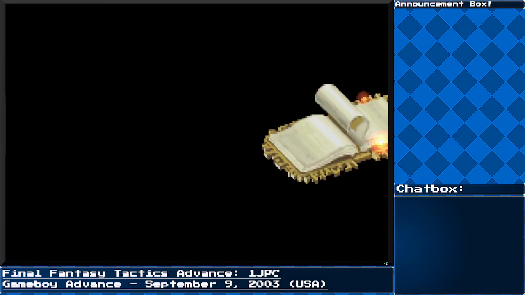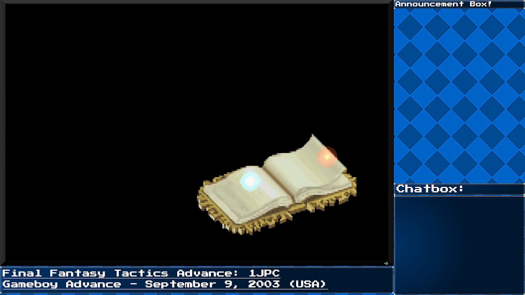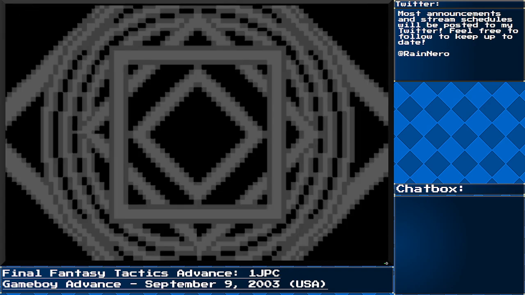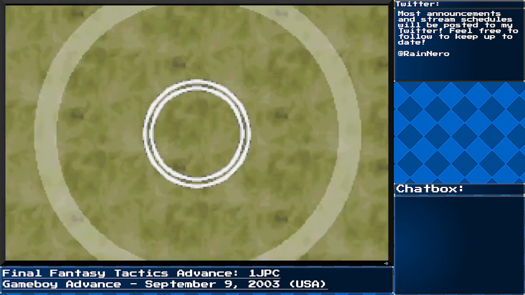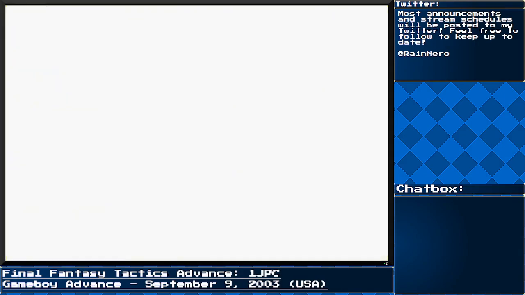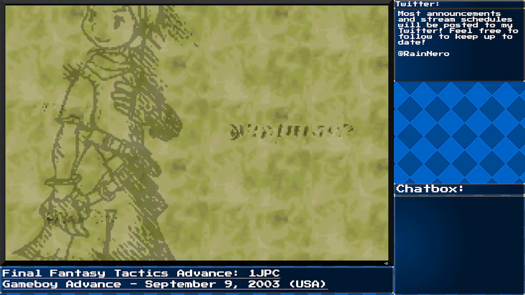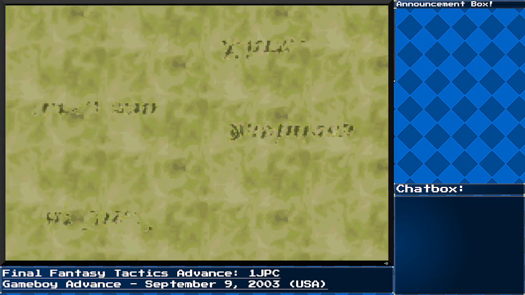Well, there's the Necronomicon. Yep, there's the seal binding 72 demons into hell, just being undone by a small child. Not really, but...